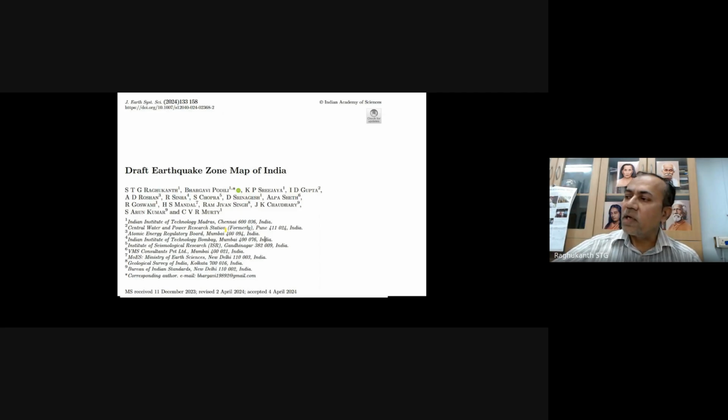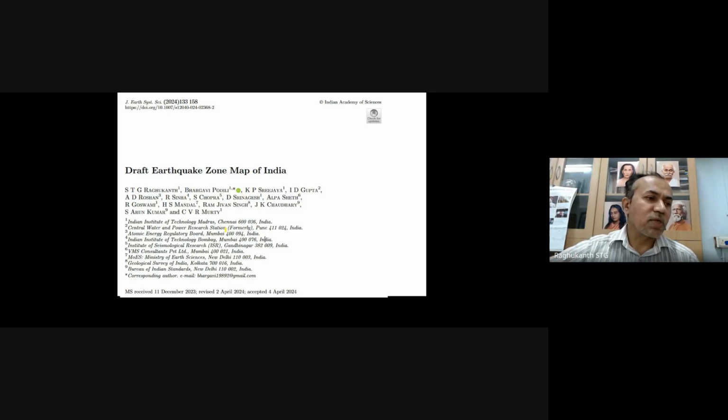So the entire methodology, whatever I mentioned here, is already documented, which is very important. In the previous codes also a lot of zone maps have come, but the documentation was not there. So what we thought was, because in future also somebody will definitely update this zone map, we have documented all the processes we have used, like probabilistic, what the assumptions are, and what I have done in the deterministic analysis also. So everything we have nicely documented, and this paper is available online.